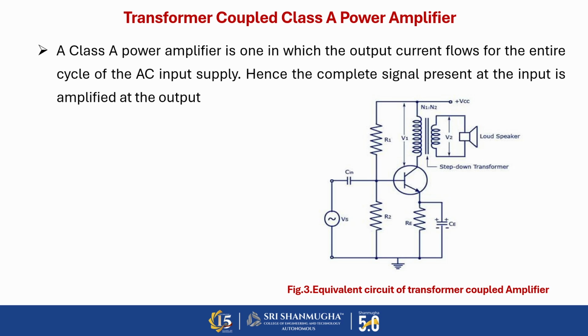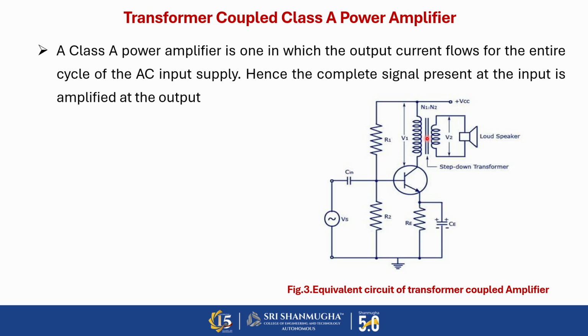For improving the efficiency, in the previous slide I mentioned the efficiency of the class A amplifier is very low, that is 25 percent. So in order to increase the efficiency of the class A amplifier, here we are using a transformer at the collector terminal. That is why the type is mentioned as transformer coupled class A power amplifier. In the same circuit diagram that I showed in figure 1, at the collector terminal we are additionally connecting the transformer, mainly for increasing the efficiency and power level of the